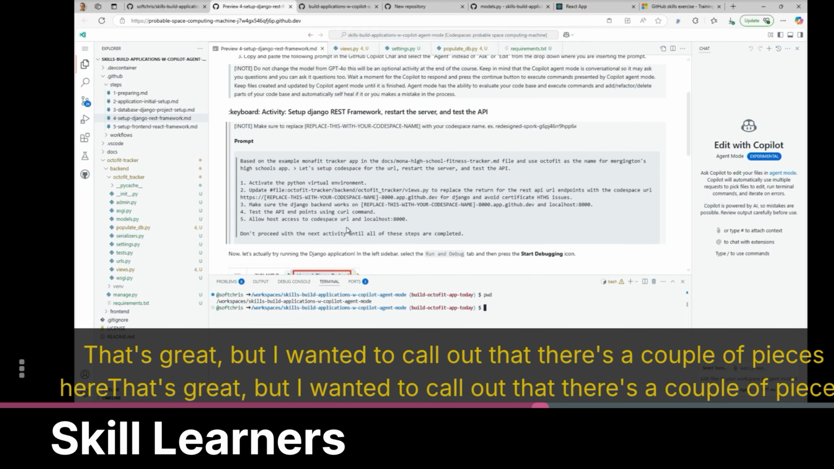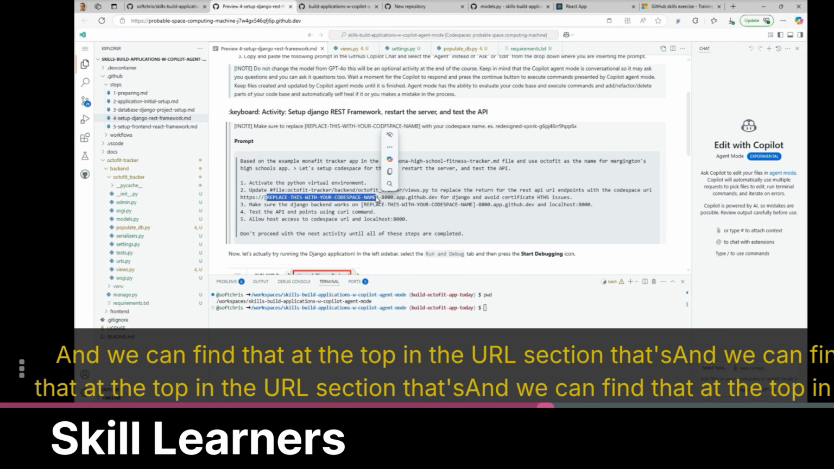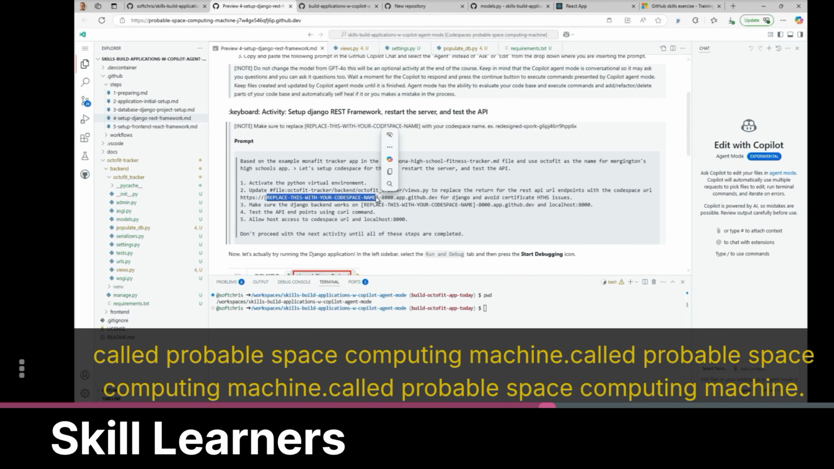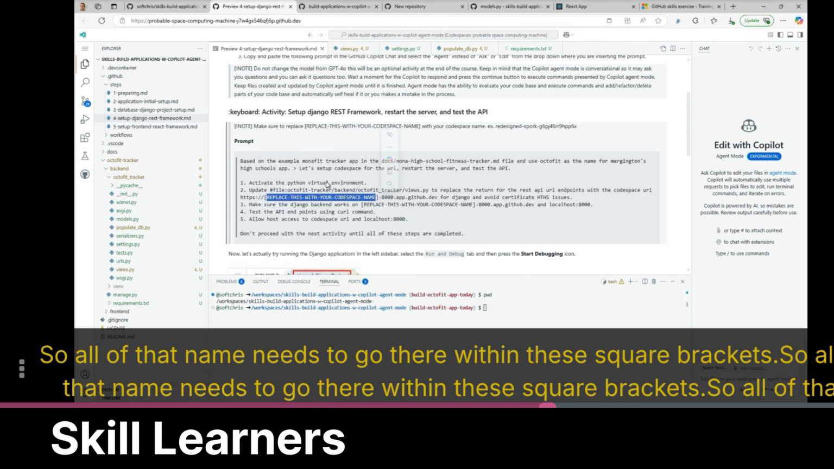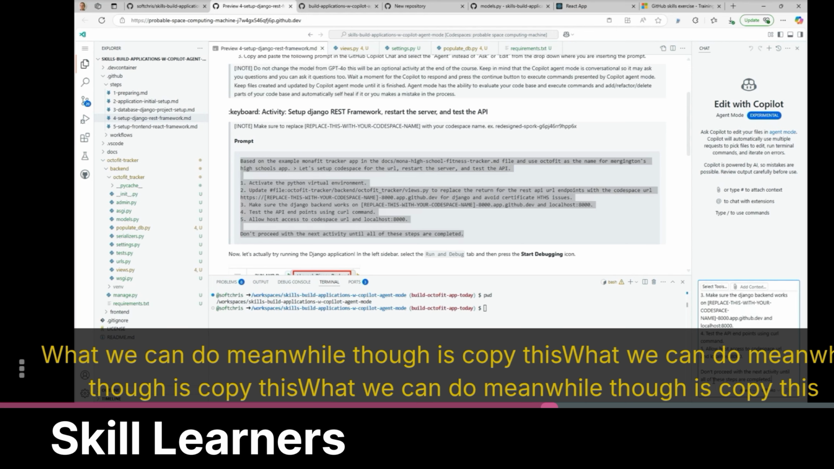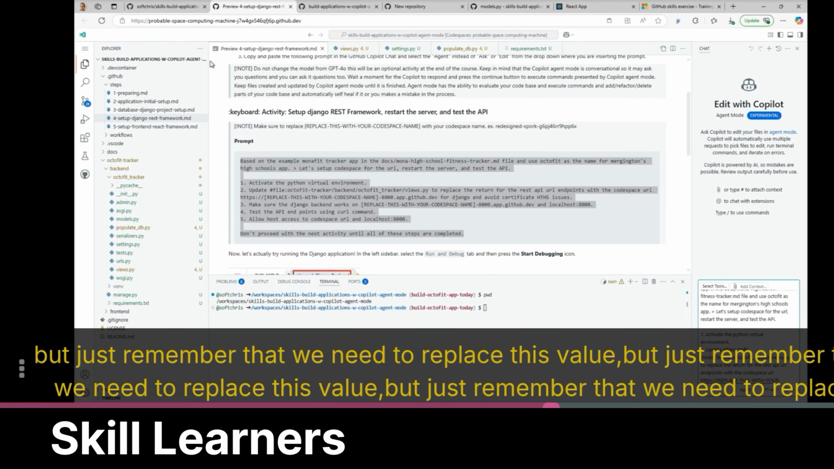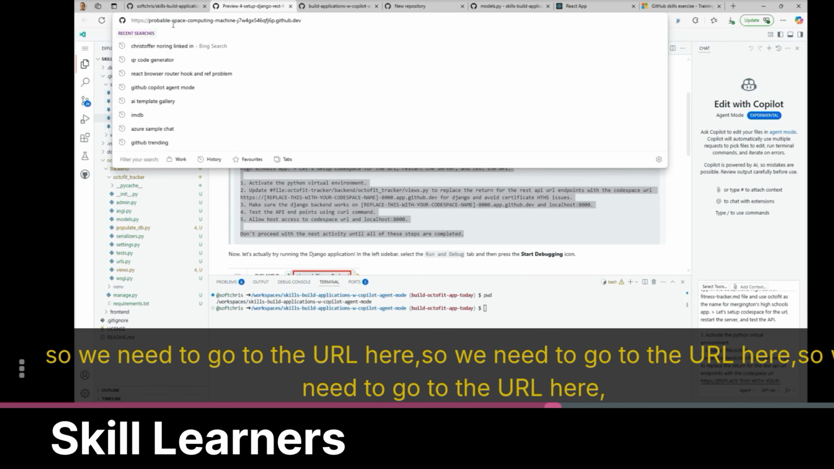That's great, but I wanted to call out that there's a couple of pieces here that we need to replace, namely with our code space's name. And we can find that at the top in the URL section. That's called probable space computing machine. So all of that name needs to go there within these square brackets. What we can do meanwhile, though, is copy this and paste it without running it. But just remember that we need to replace this value, so we need to go to the URL here, grab this value,